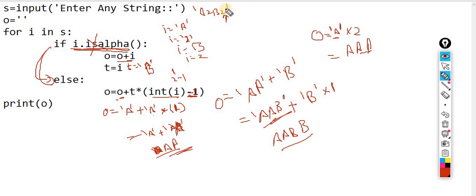Okay, let's suppose the value is 3 over here. So 3 minus 1, 2. That means how many times will it replicate? 2 times it will replicate, and 1 time is present over here. So how many times will it become? 3 times. If I don't perform this step, then it will replicate 3 times. So 3 times means 3 this one and 1 is the previous one. So you will get 4 times. Okay, so this one is the funda.